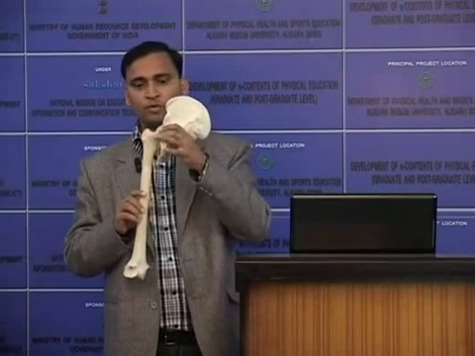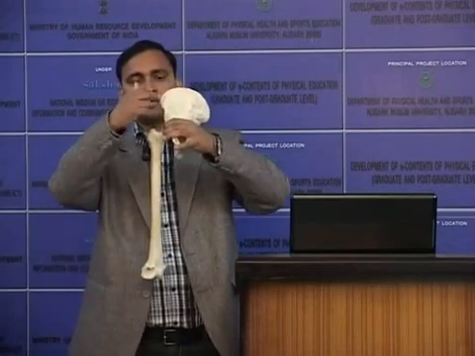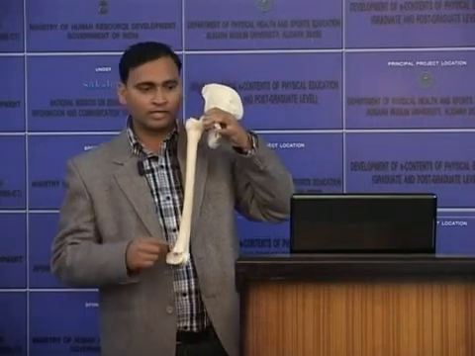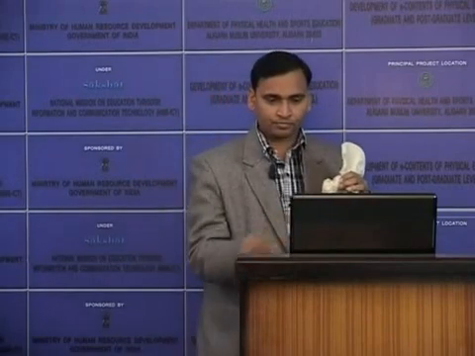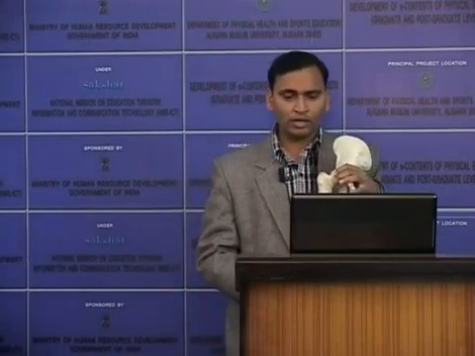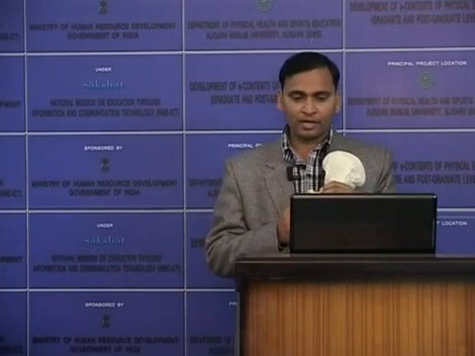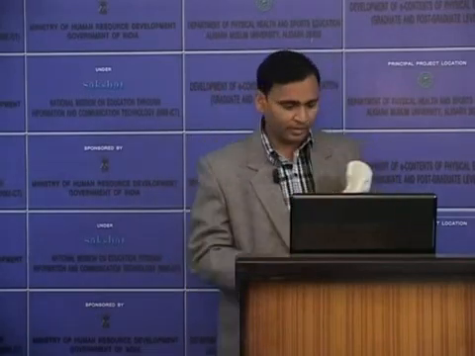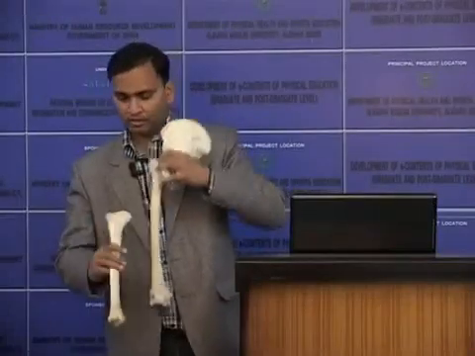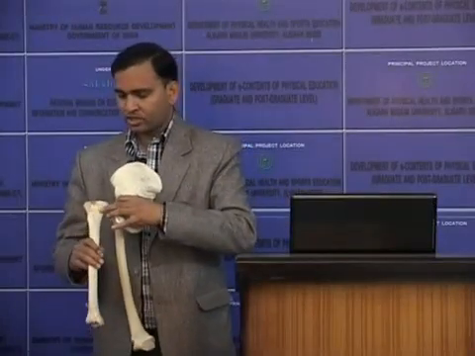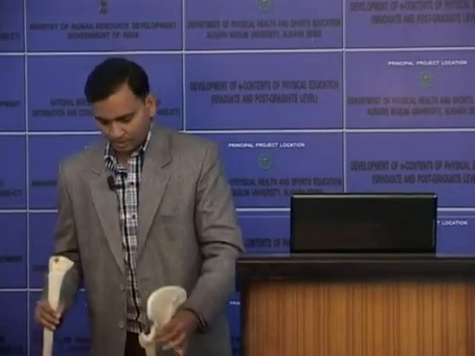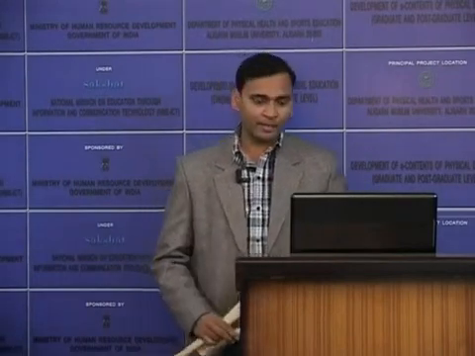This is the bone. You can see here, the muscle is coming down, crossing the femur, crossing the knee joint, and inserting over the proximal medial surface of the tibia. It means the sartorius muscle is going to insert over the proximal medial surface of the tibia. The muscle will come all along there and insert on the medial surface of the tibia here.